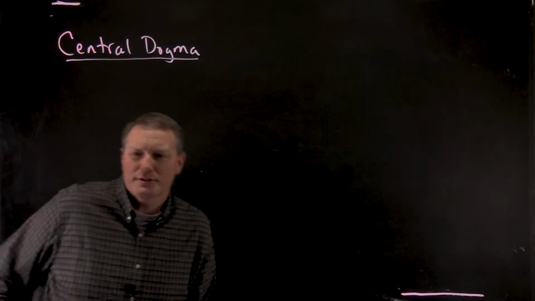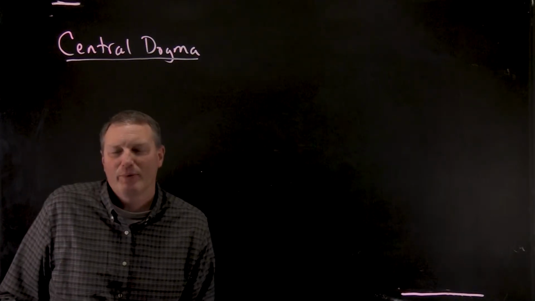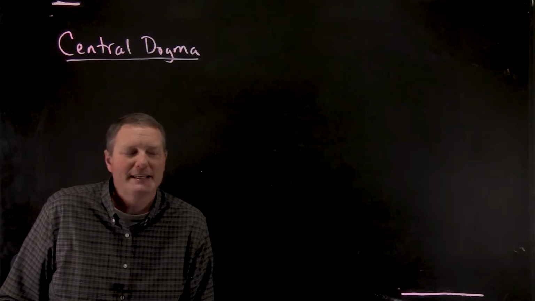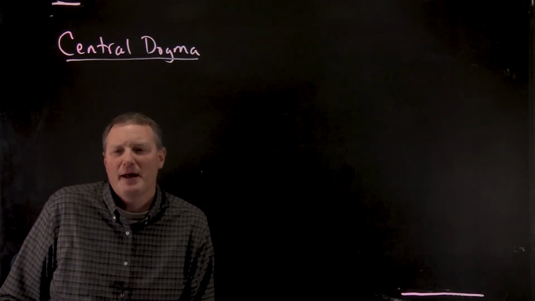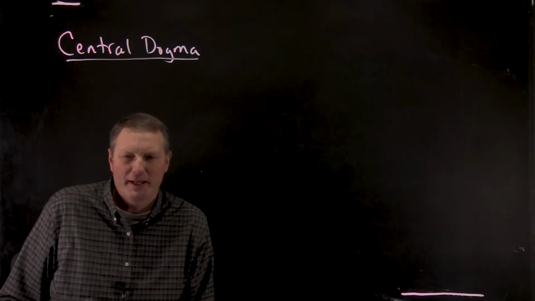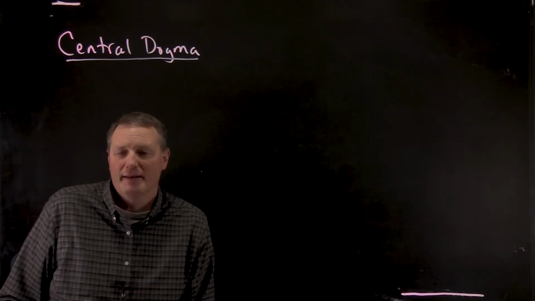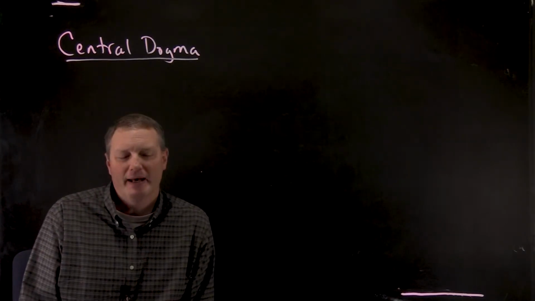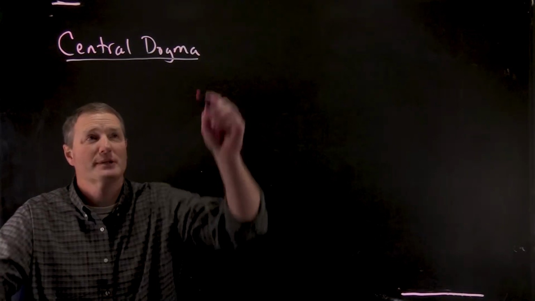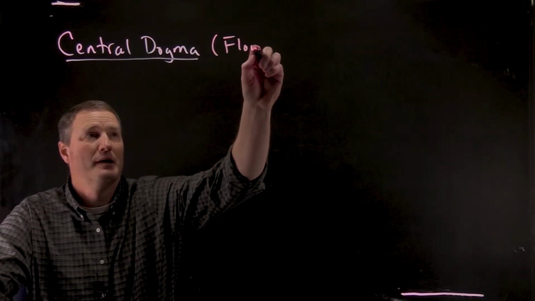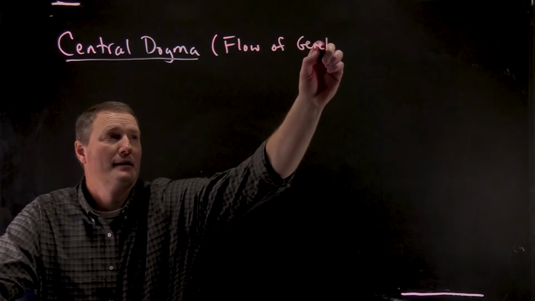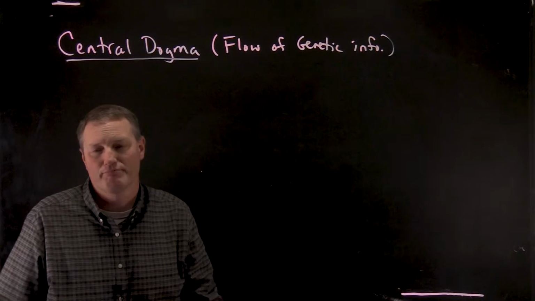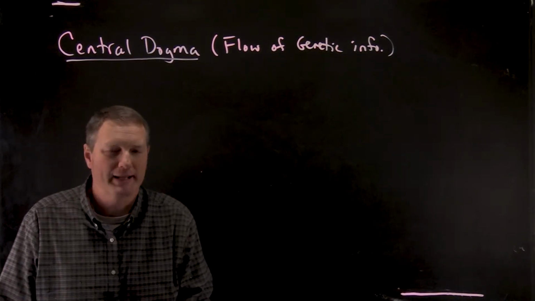This was originally proposed by Francis Crick, one of the famous two individuals that actually determined the original structure of DNA. This proposal came out in the mid-1960s and ultimately has been verified hundreds of thousands of times as the central way that the flow of information works. So what this really is describing is the flow of genetic info. And this central dogma basically applies to all living organisms here on our planet.